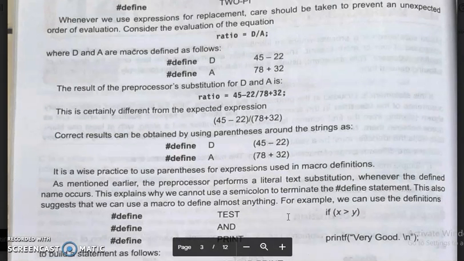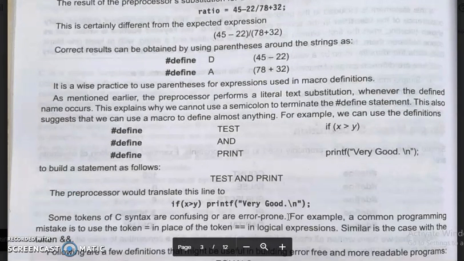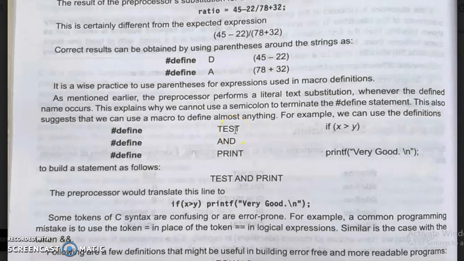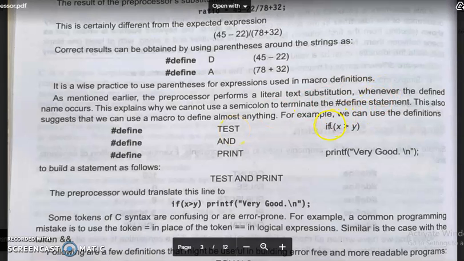The preprocessor performs a literal text substitution whenever the defined name occurs. This explains why we can't use a semicolon to terminate a #define statement. This also suggests that we can use a macro to define almost anything. For example, we can use the definitions here. #define TEST is the identifier or symbolic constant. The replacement text is